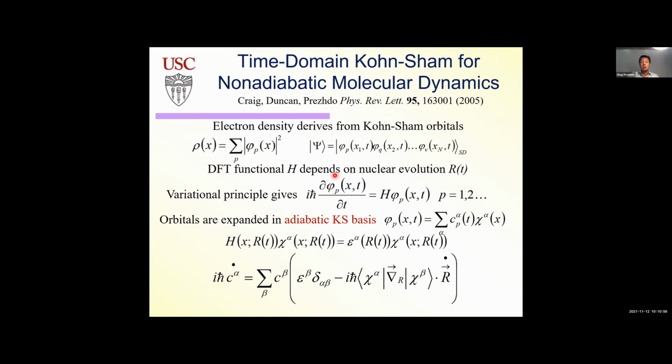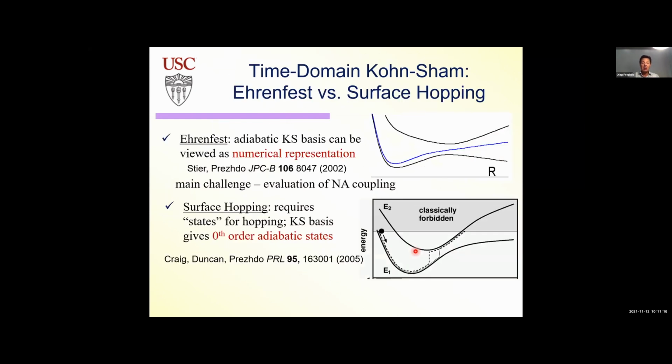The way we solve time-dependent Kohn-Sham equations was by using adiabatic Kohn-Sham orbitals that we take from many DFT codes that are available. And we expand the time-dependent Kohn-Sham orbitals in these adiabatic Kohn-Sham orbitals, and then we get equations for the coefficients of the expansion, and these equations contain this non-adiabatic coupling that we need to evaluate. When we started to do this way back, we actually did Ehrenfest dynamics, right? So there are different ways you can do non-adiabatic dynamics, and Ehrenfest is the most rigorous way, at least you can derive it, and it's the easiest way, I would say. But it had its own problems.